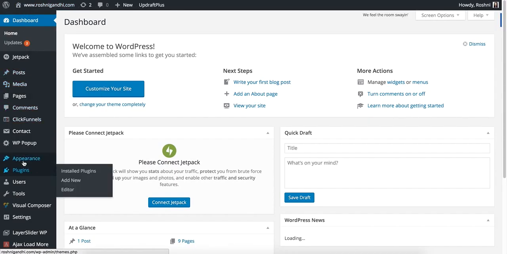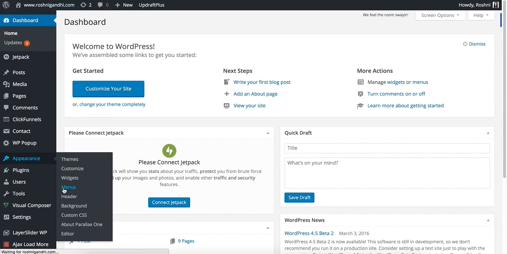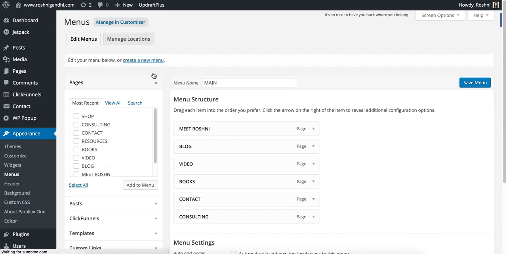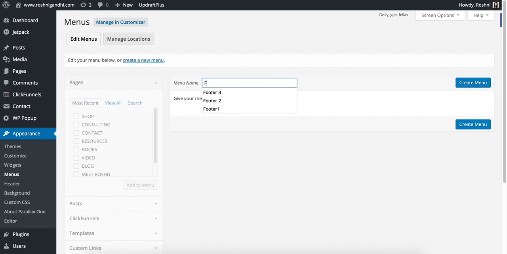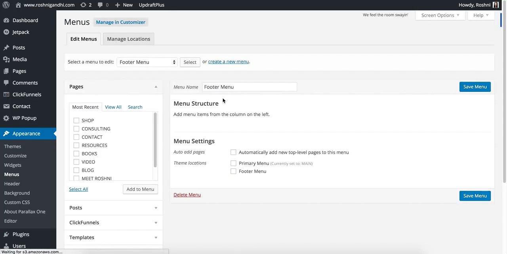So I'm in the dashboard, appearance, and menus. In the menus I create a new menu for the footer. You can name it whatever you like. I just call it footer menu. And after clicking the save menu button, your footer menu is ready.